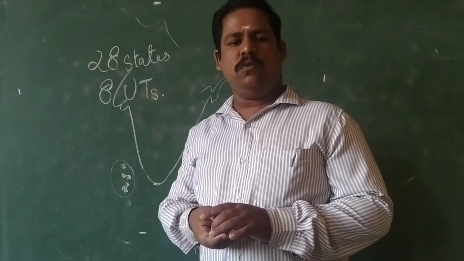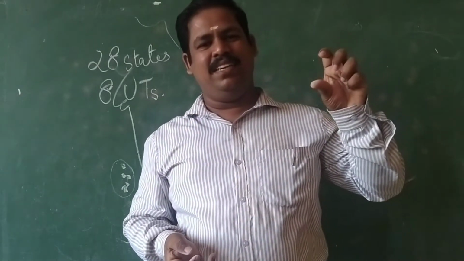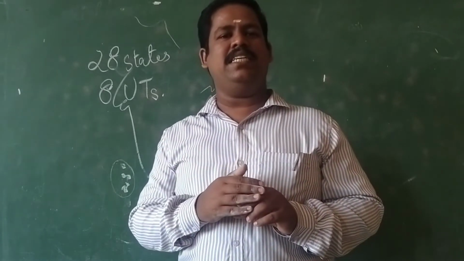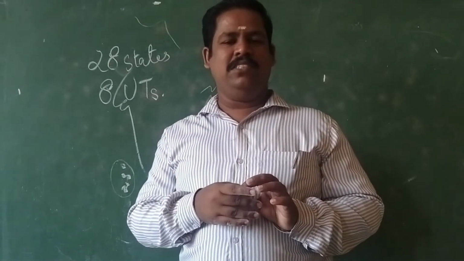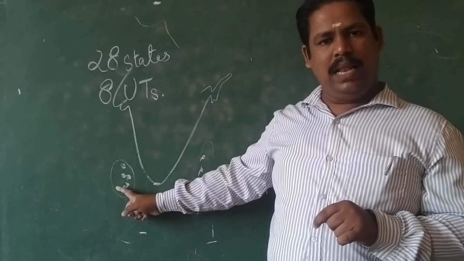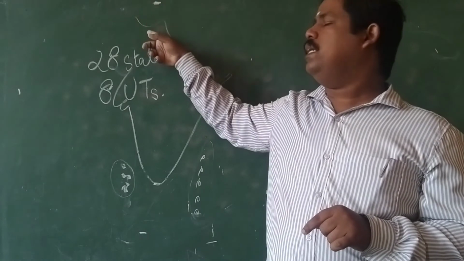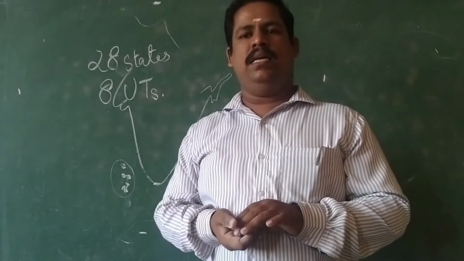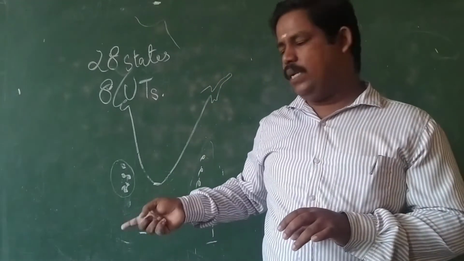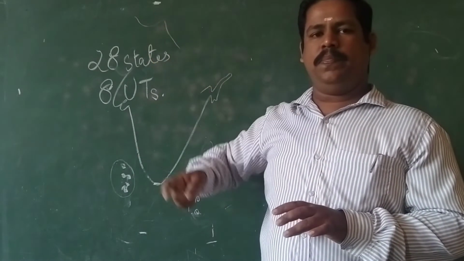In this, two more questions. The smallest state is Goa and the largest state is Rajasthan, that you are aware of. So let us come back to the union territories. The smallest union territory is this one, Lakshadweep. The largest union territory is Ladakh. Smallest union territory is Lakshadweep. Largest union territory is Ladakh.